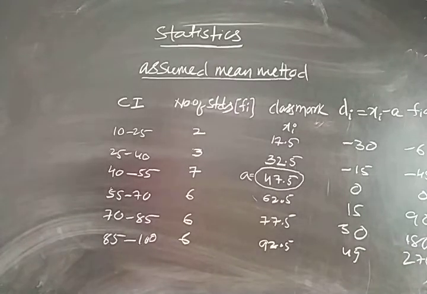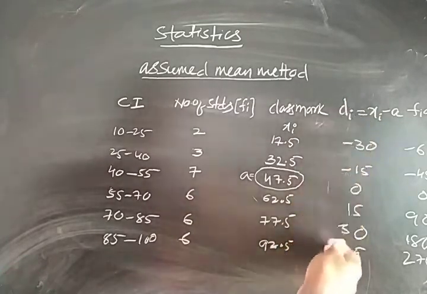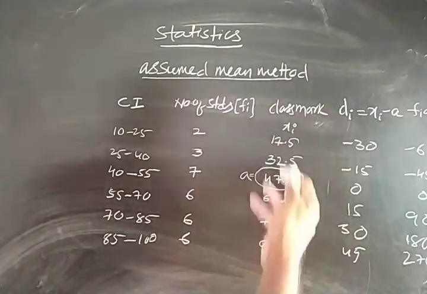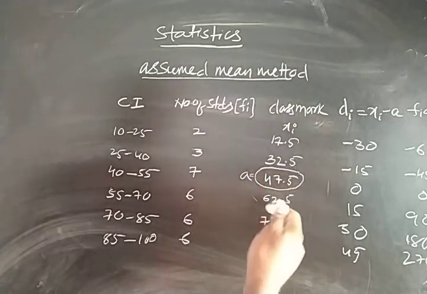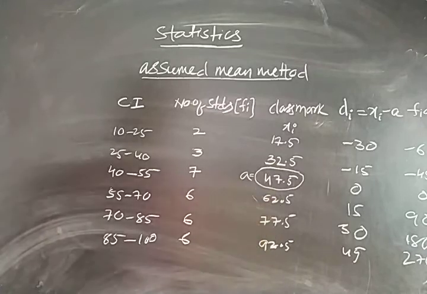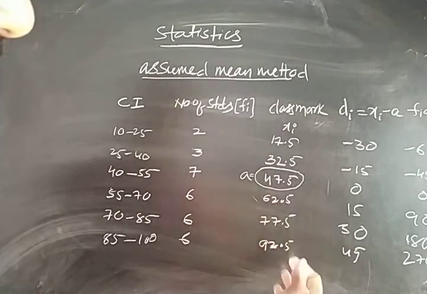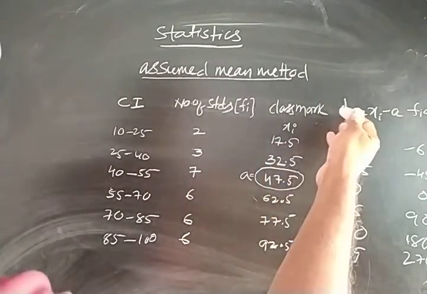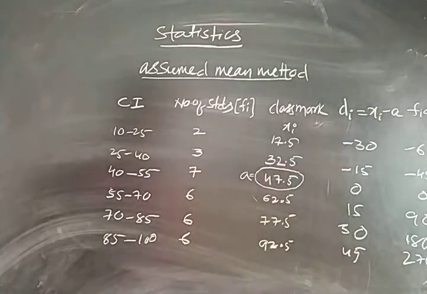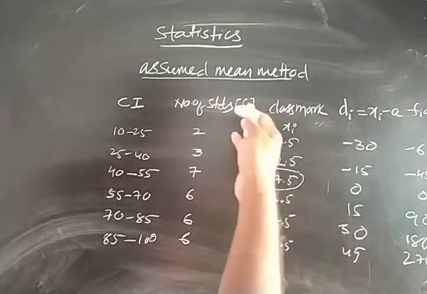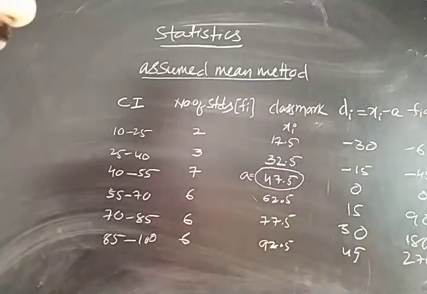So in the assumed mean method, what is the extra column? The Di column is the extra column. Why are we choosing this column? To reduce the values of Xi. If Xi values are large, you can reduce them by assuming one value from the middle of the values, small a, which is known as the assumed mean. After selecting that number, you subtract it from each and every Xi. After subtracting a from each Xi, it is known as the deviation of the corresponding value of x. After getting the Di column, you multiply frequency into deviation, and you will get Fi into Di.